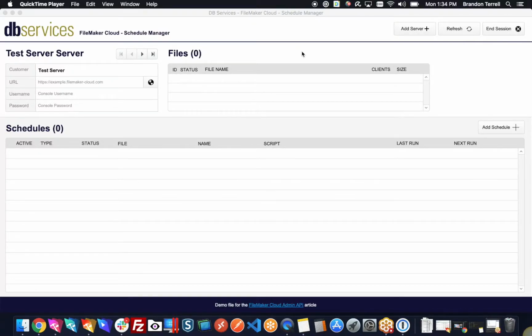Today we're going to take a look at the FileMaker Cloud Schedule Manager that DB Services has created for the Cloud Admin API, the official release. They completely updated the endpoints for the API in the official release of the Admin API. So it was required that you basically do a complete overhaul for any applications you had that were utilizing that service. But we're going to go ahead and take a quick look at how this file can work for you